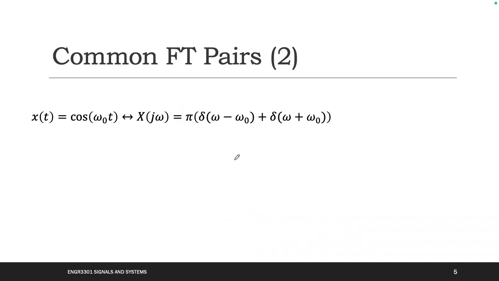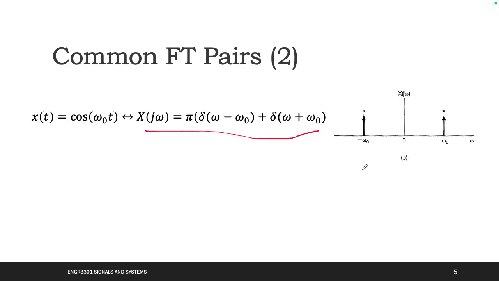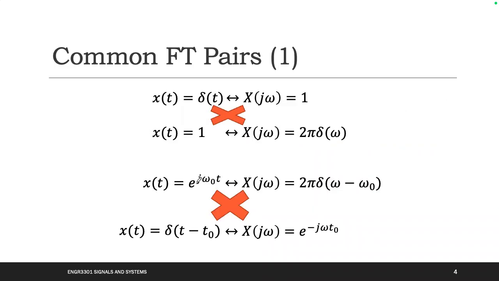Yeah, it should be pi multiplied by delta omega minus omega naught plus delta omega plus omega naught. We talked about this in the last class. Kind of Euler. And then if you draw this function, you will find you can get this one. And how about the same? Also, you use Euler equation, because you use Euler equation, you can change it to this kind of form, and then you can see get this kind of